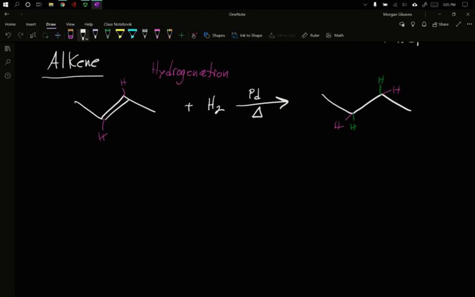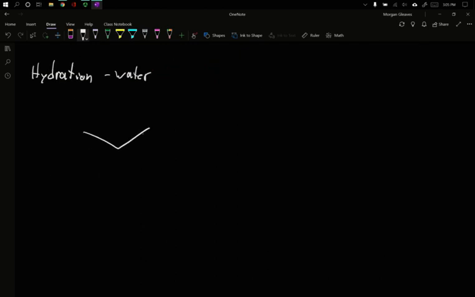You can also do hydration. So, a little bit different. Hydration is adding water. If I have my alkene and water comes up, what can happen is the double bond can attack one of them, and the bond between them will attack the other carbon. The result of this is that you make new bonds, but instead of being to two separate hydrogens, you actually get a reaction that has